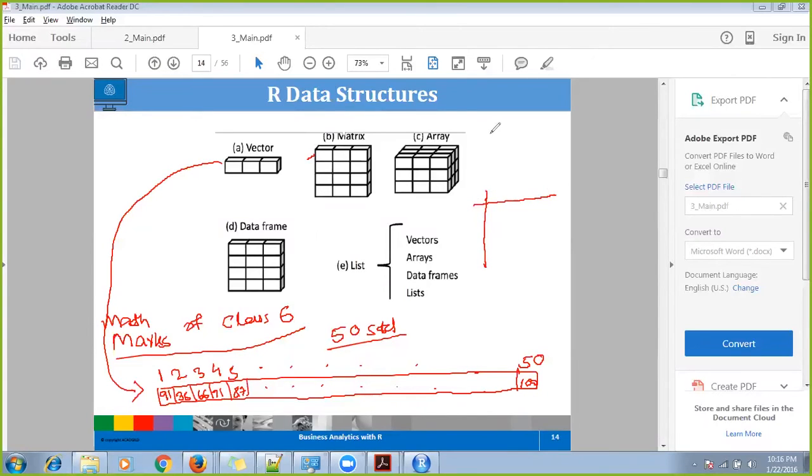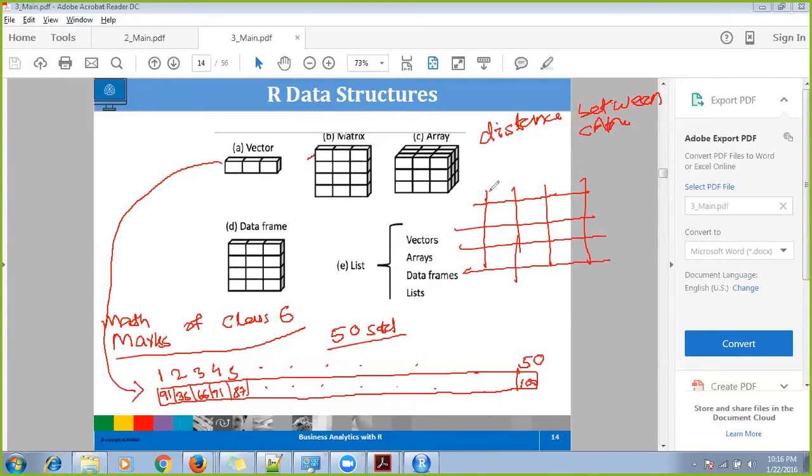Let me give you a very nice example: distance between cities. Give me three cities, all from Bangalore. Pranav, which city do you belong to?